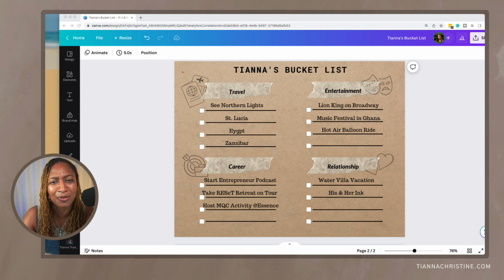Not a name. I don't do names on bodies, or faces. I don't do names or faces, but I would love to do something that's like a his and her ink. I think that's something cool. So at some point, I would love to do those things relationship wise. And so yeah,